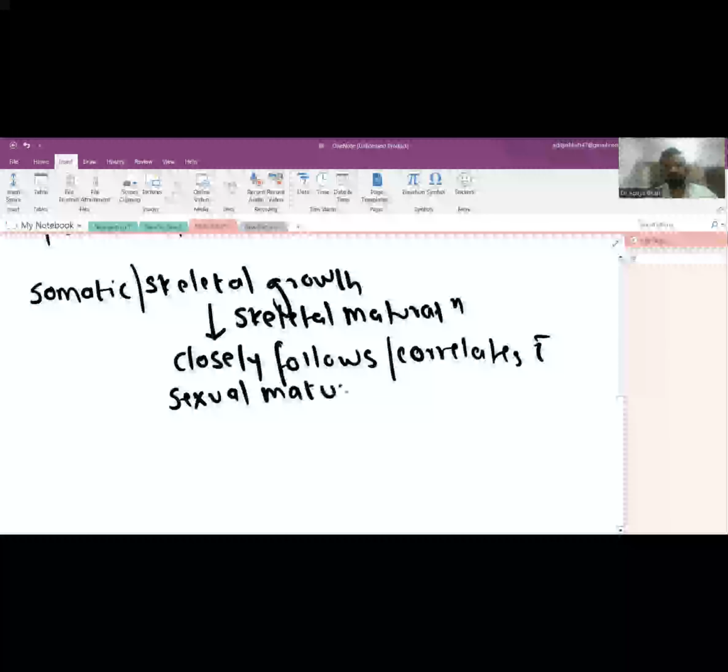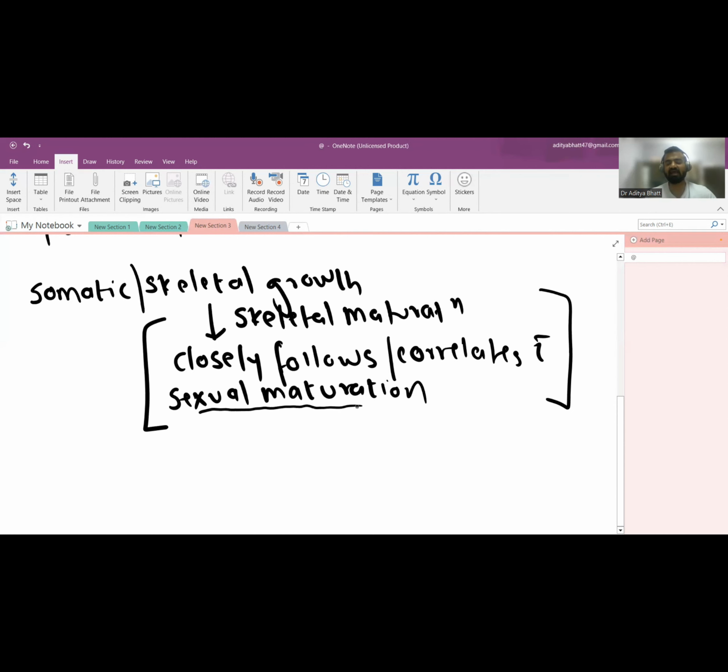So this is an MCQ that might be asked, that skeletal maturation is associated with maturation of which of the systems. So it is sexual maturation, because as you know, as the child grows in age, like